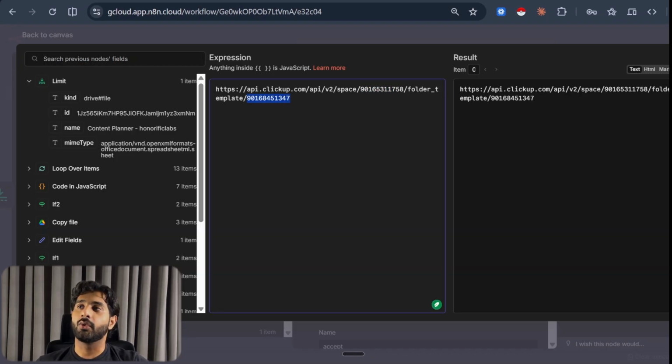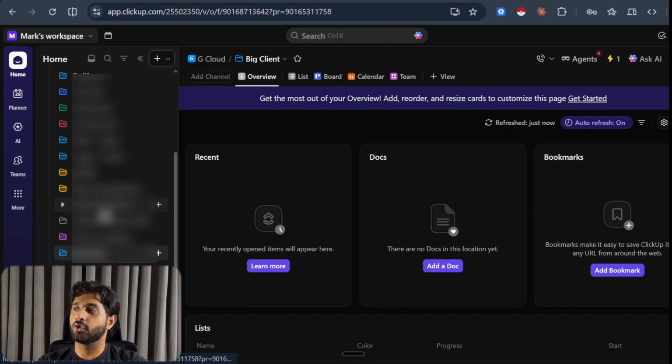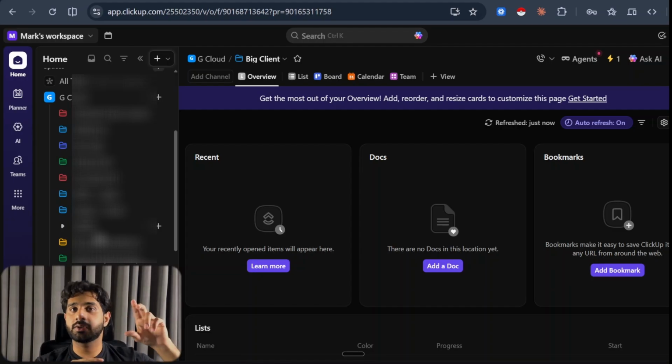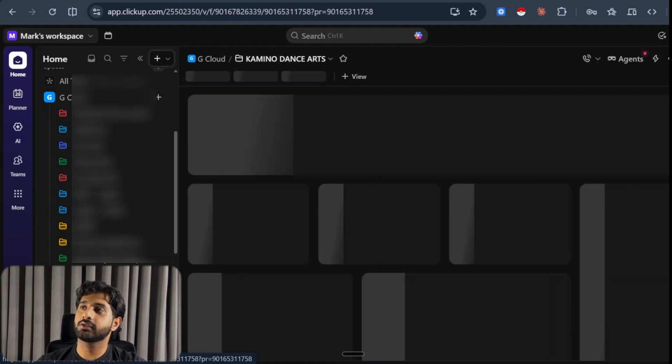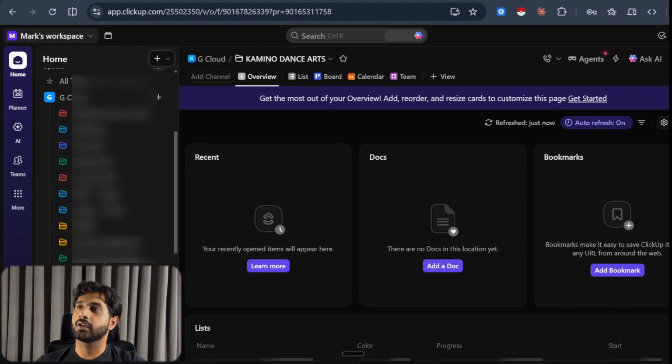Now, the way to do this is you're going to go back to ClickUp and click on any of these folders that you want. So ClickUp works with a workspace folder, and you have the subfolders inside that workspace. So you're going to go back to the workspace that you want that folder to be created in. For my instance, I'm just going to go to this instance, and you're going to see